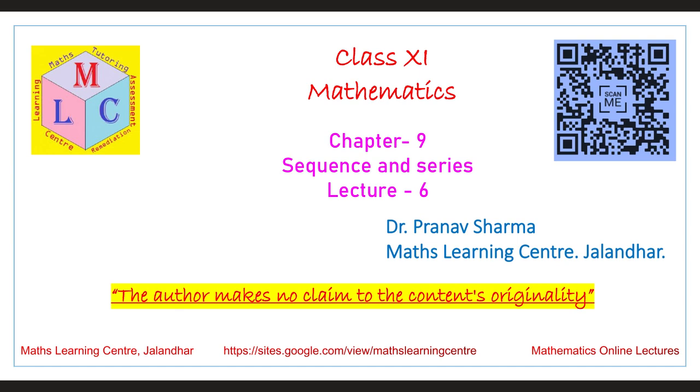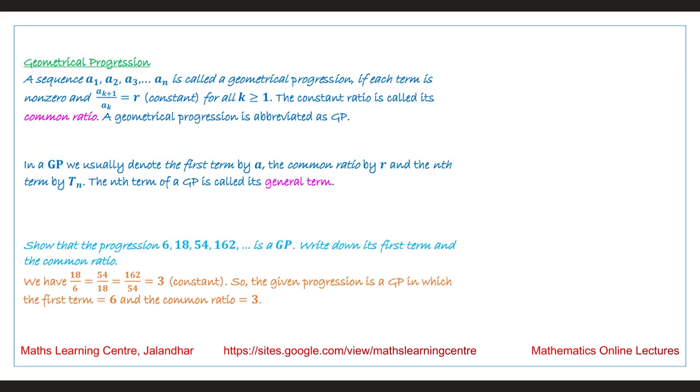We are going to start now lecture 6 of chapter 9, class 11th mathematics, sequence and series. So in this lecture we will talk about the geometric progressions. So we are talking about a sequence whose elements are A1, A2, A3 and so on up to An, and it is called a geometric progression if